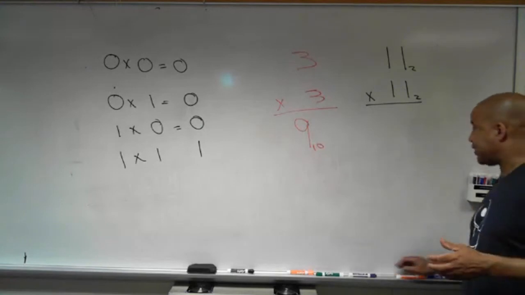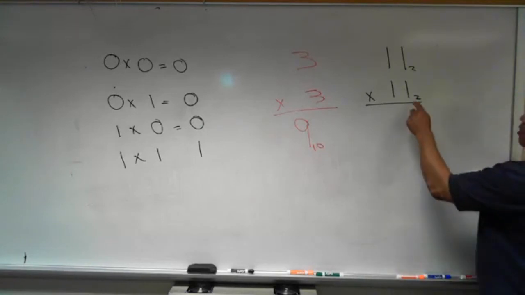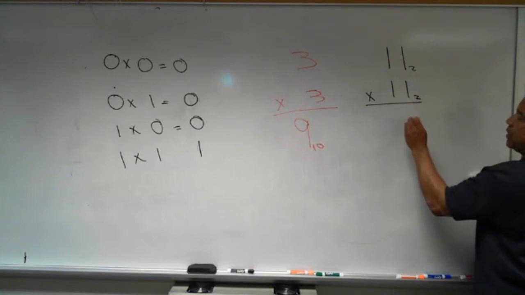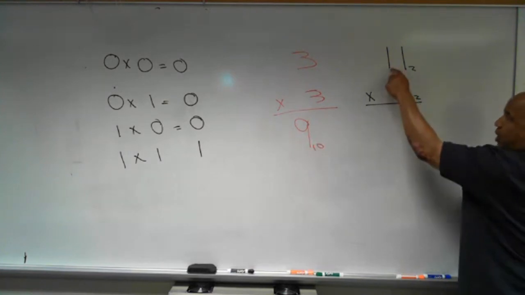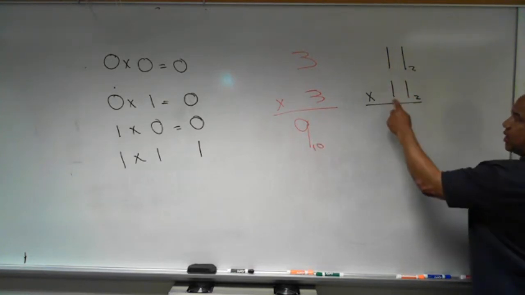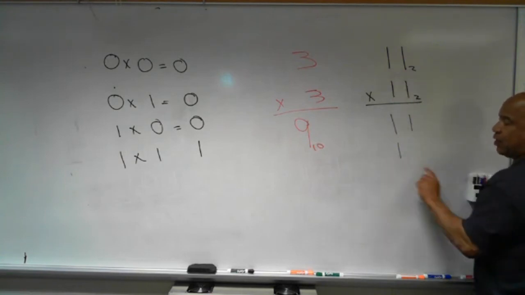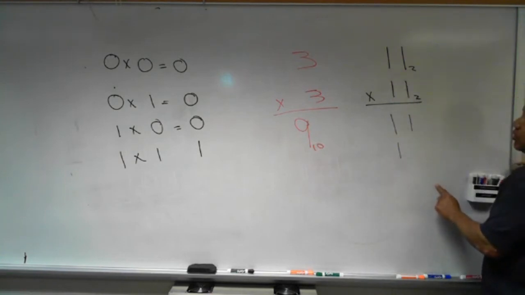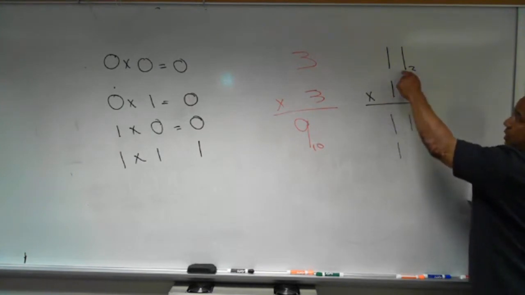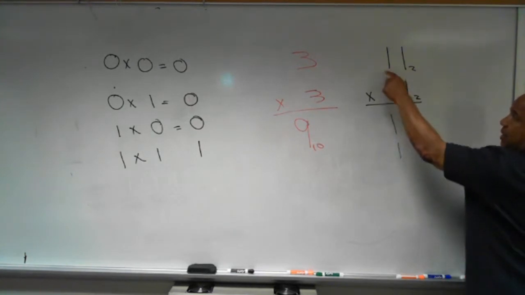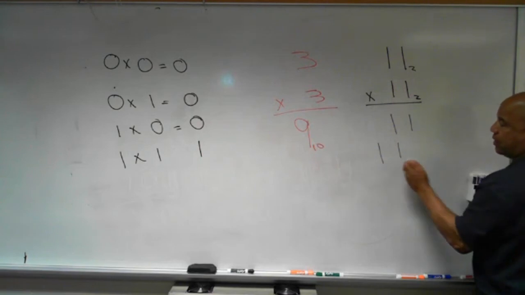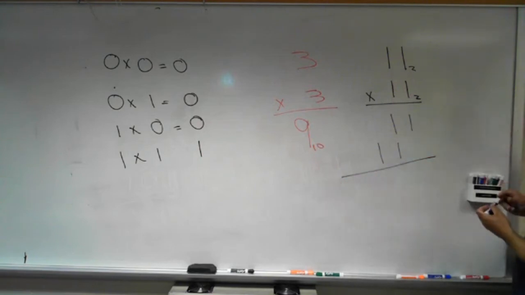So what I meant by shifting is you'll go 1 times 1 is a 1, 1 times 1 is a 1. But when I come over here, I go 1 times 1. I got to shift over. I got to shift that over, just like you do in base 10 multiplication. So 1 times 1 is the 1 that shifted. 1 times 1 is a 1. And then when I add these up,